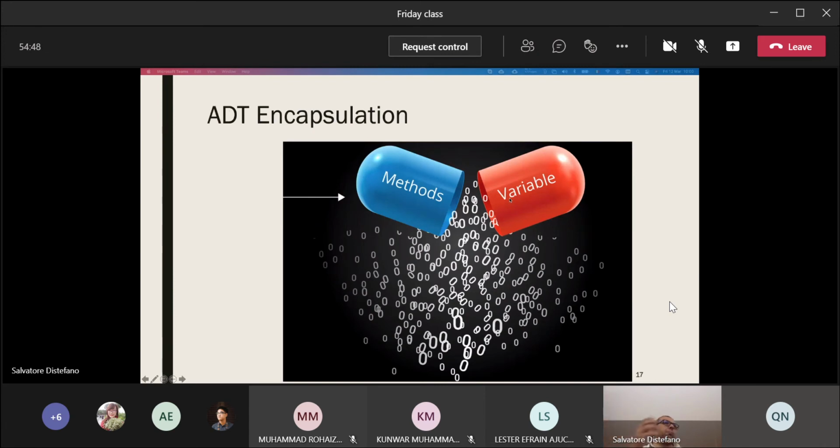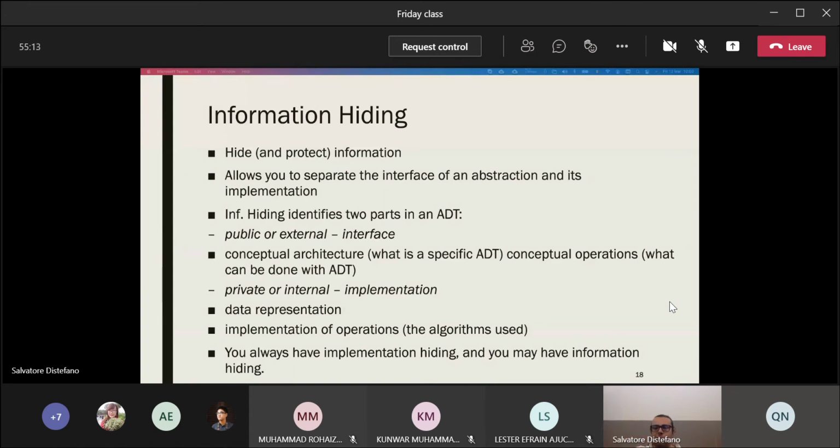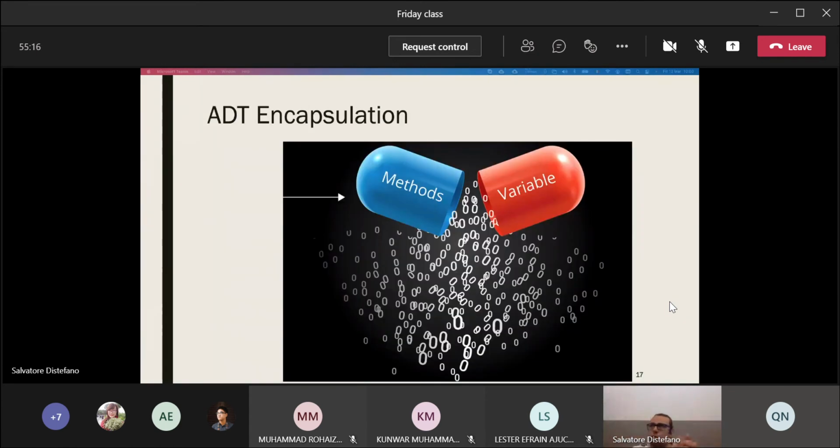Both of them are programmers, but there is the programmer that is the creator and the programmer that can be considered the user. So we can say the creator and the user. You can be at the same time creator and user. Anyway, we should see the two different roles as separated. If you are a user, the abstract data type allows you to introduce this double key. From the user viewpoint, when you are a programmer user,